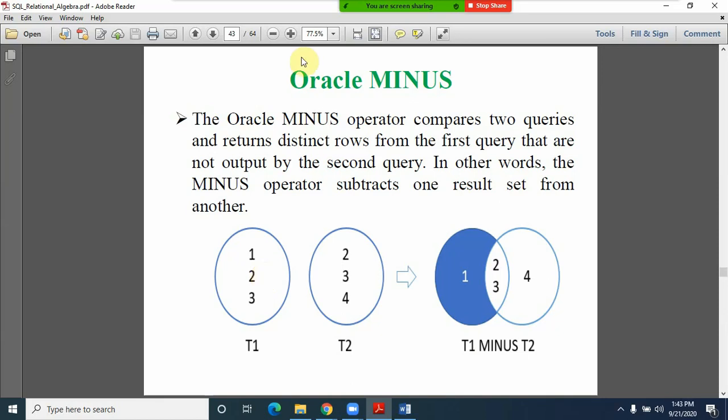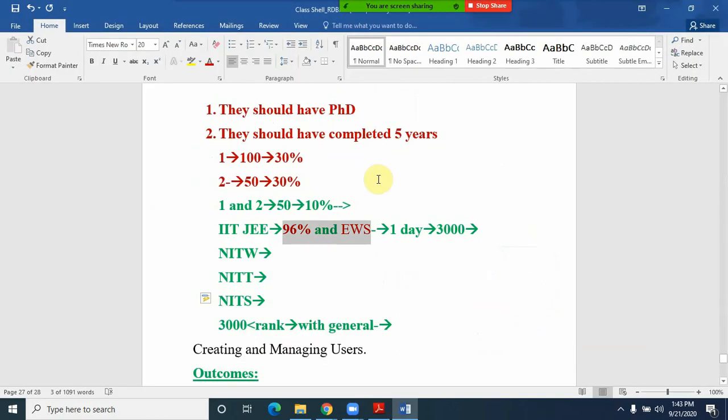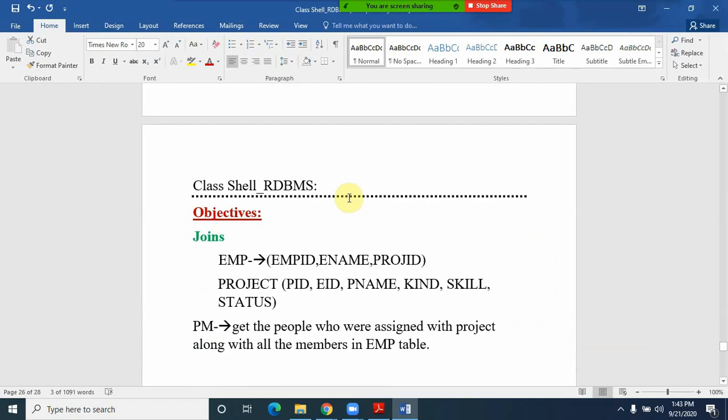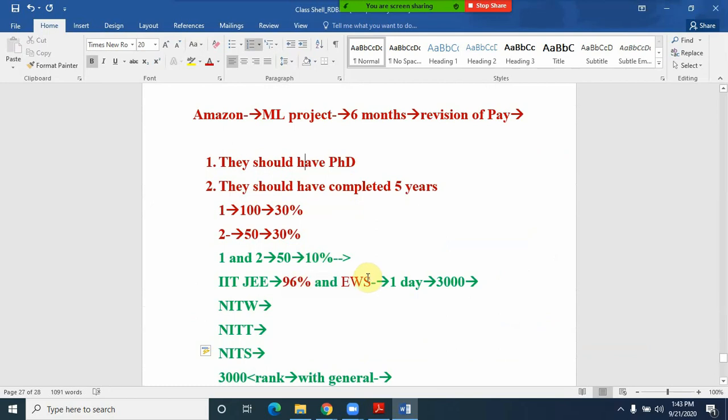Let me explain this with the Amazon example, friends. I am revisiting the Amazon example. What we have seen is they want to give some kind of credit. Suppose they have another project, and the client wants to give some kind of honorarium, maybe some kind of token of love.